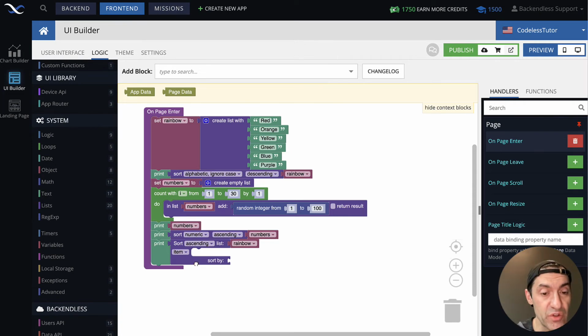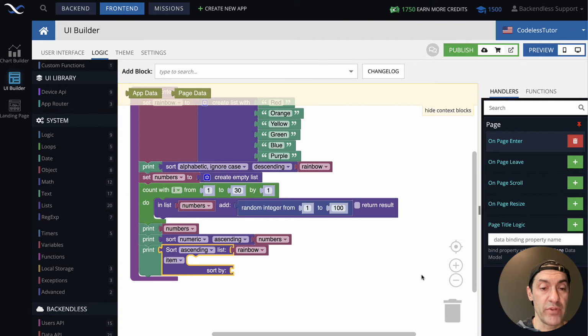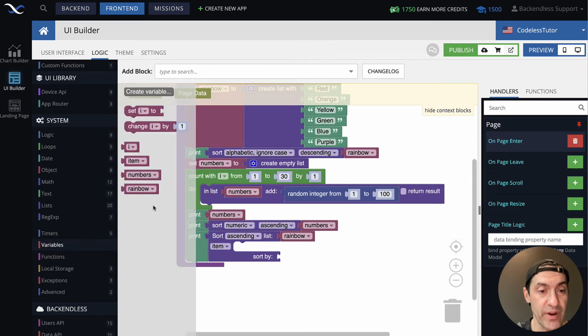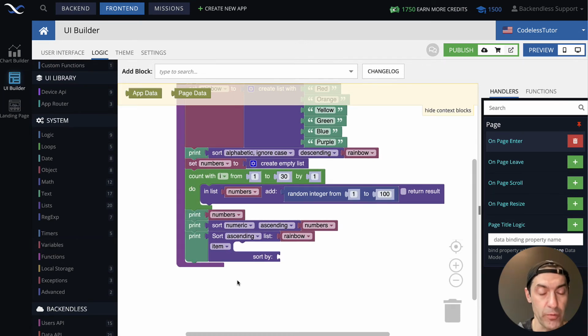Whenever this sort block iterates over that collection, over that list, then each time it goes to the next element, the current element will be represented by this item variable. And the block comes with that item defined in there. In fact, when you drag it out here, you will see in the variables item variable created for you. If you want to create some other variable and change that to another variable, no problem, you can do that. It is supported, so you can customize that.